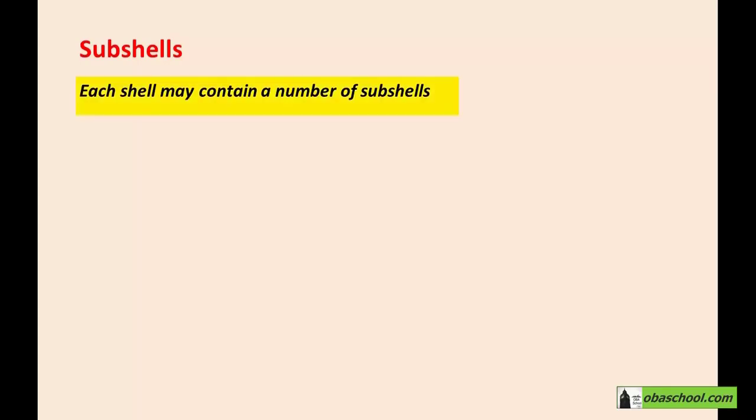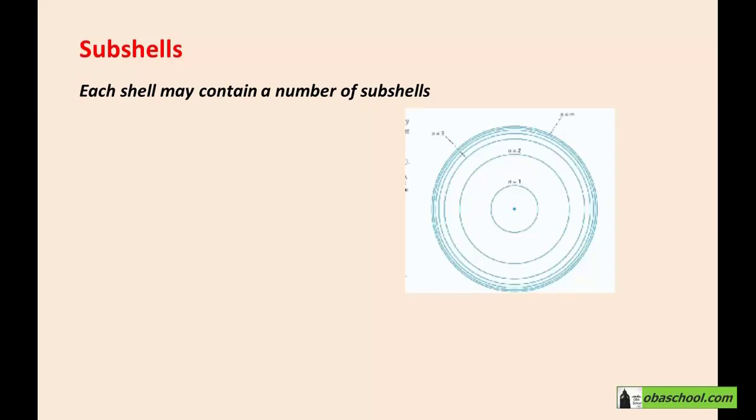Subshells, page 53 of our book. Each shell may contain a number of subshells. We said that the shape of an atom is represented here. The nucleus is surrounded by shells that contain electrons. Each shell may contain a number of subshells,